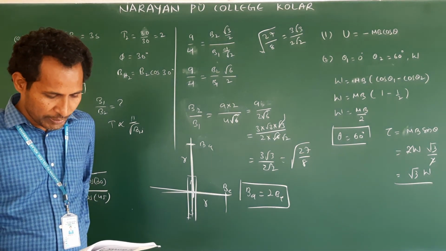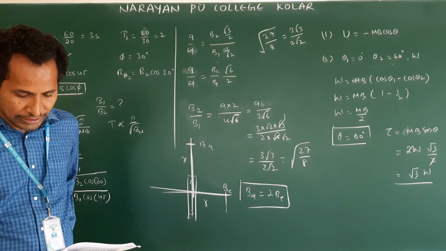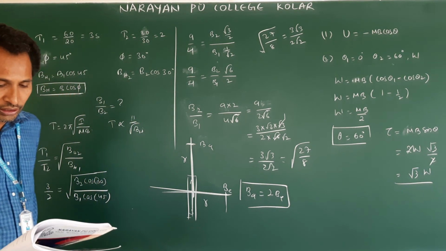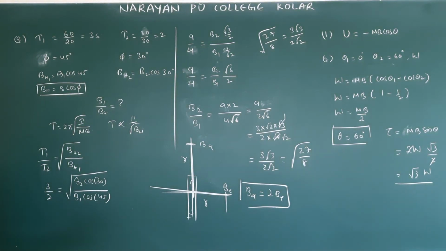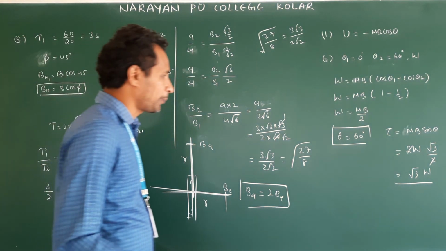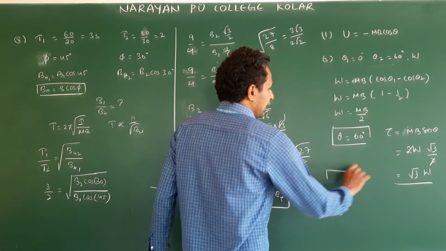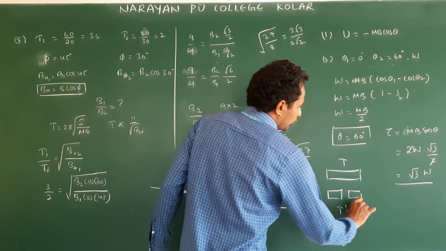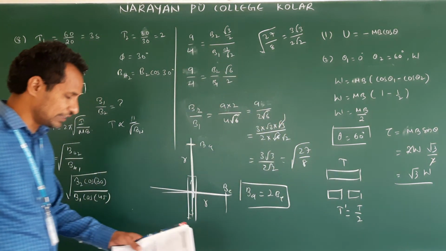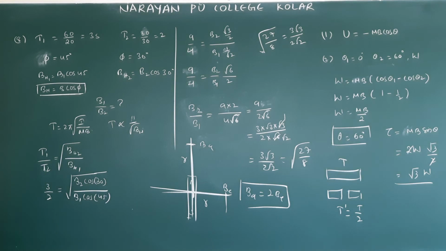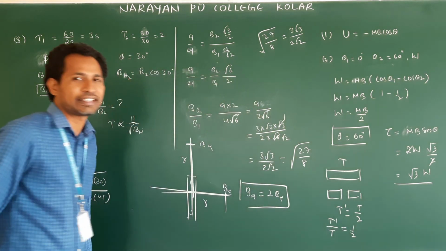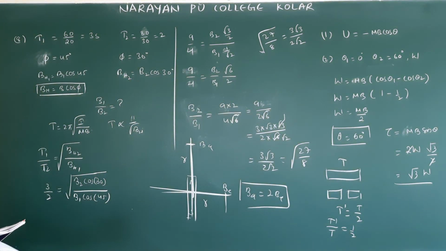Next, fourth one, a thin rectangular magnet suspended freely has a period of oscillation equal to T. Now it is broken into equal halves perpendicular to its length, and one piece is made to oscillate freely. We have done this previously for the perpendicular case. If the magnet is like this, time period is T. If made into two parts, this time period T dash is equal to T by 2. We have seen this in the previous discussion. T dash by T they are asking. From this expression, T dash by T is equal to 1 by 2, direct answer. Remaining you can solve, those are easy questions.